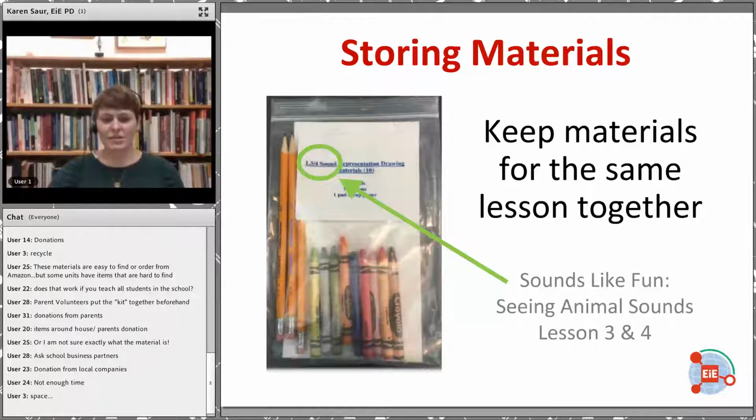Something else that we like to do that is not in our kits, but we definitely encourage teachers to do to their kits when they receive it, is create your storing material bags. So you can see here where that little arrow is, and I've added my other arrow. This one says it's lesson 3 and 4 of sound. So we've actually written on our materials what lesson it goes to,